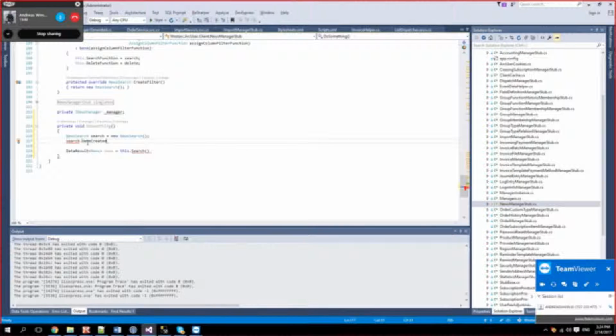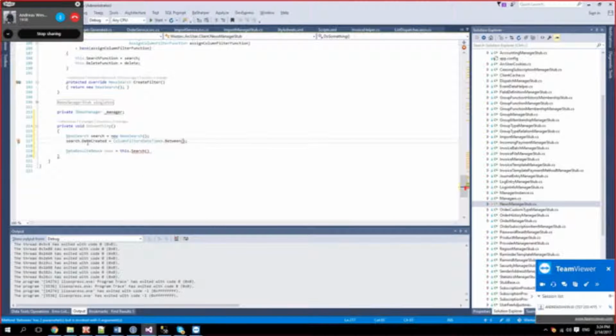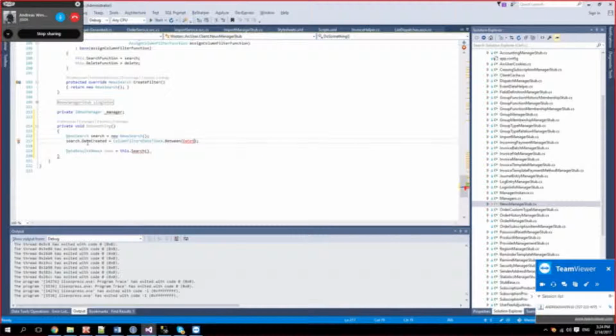So let's say that we want to search for news that was created between, well, a year ago and now. We have this column filter, between. It just writes stuff for me.